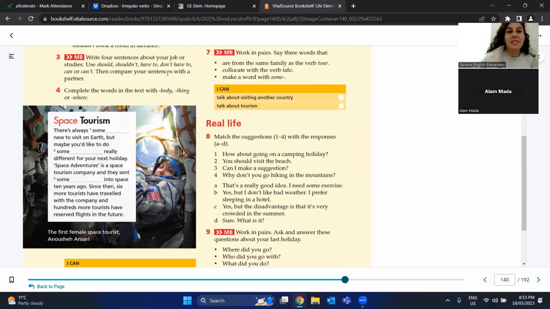How about something? So we don't know what it is. It's an object. So I have something for you. Maybe I'm giving you a gift, and it's something because it's an object. What else with something? I have something to tell you. Yeah, good. I have some things in my bag. So we don't know what it is because it's something. So I could say, oh, what? Well, I have this, I have that. Yeah, I have something in my bag.